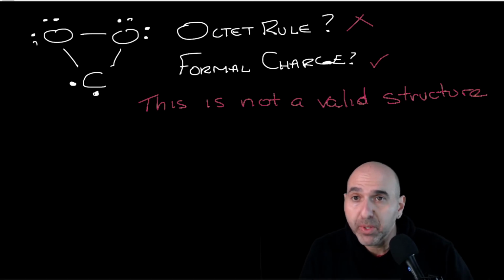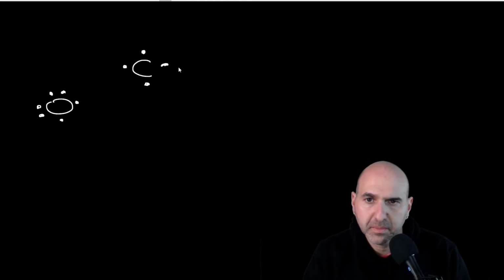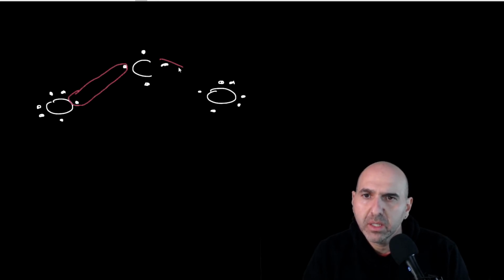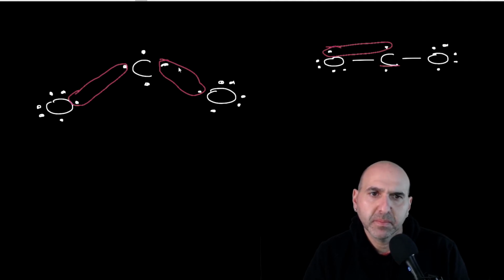So now if we're going to try and come up with a Lewis diagram for carbon dioxide, we need to try something else. So let's go back to our atoms. We've got carbon, and then we've got oxygen. So again, we're going to start by just connecting the carbon with each oxygen one time. So that gives us something that is going to look like that. And we can see that there are still unpaired electrons, but we can just pair them up like that